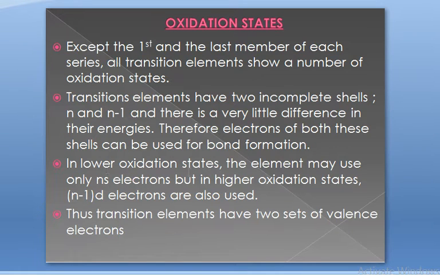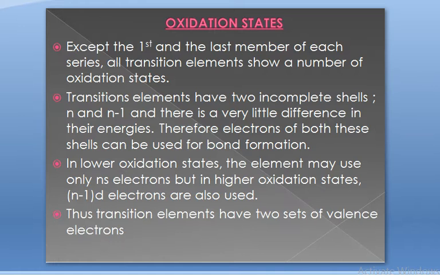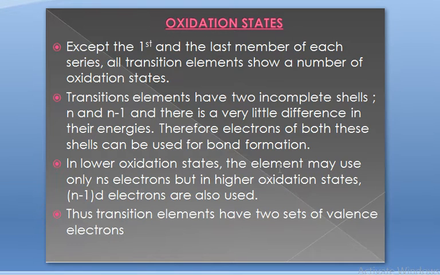Another important point: if you take a serious look at this chart, you will observe that in lower oxidation states like +1 or +2, they lose only ns electrons, because the first electron will come out from where? From the valence shell, which is 4s in the first series. So electrons leave from n first, and in lower oxidation states like +2, they will lose ns electrons. And if there is a need for a higher oxidation state, if the compound needs the transition element to be in a +4 or +5 oxidation state, then they start losing n-1 d electrons to acquire that oxidation state.